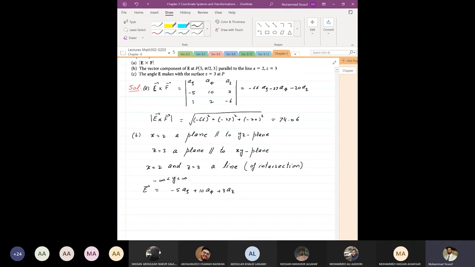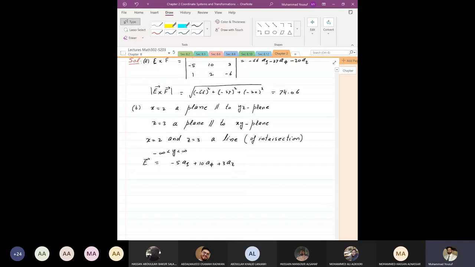This is a vector in the 3D coordinate system, yani in space. There is a line, x equal to 2, z equal to 3, in this 3D coordinate system. And from the idea of vector projection,